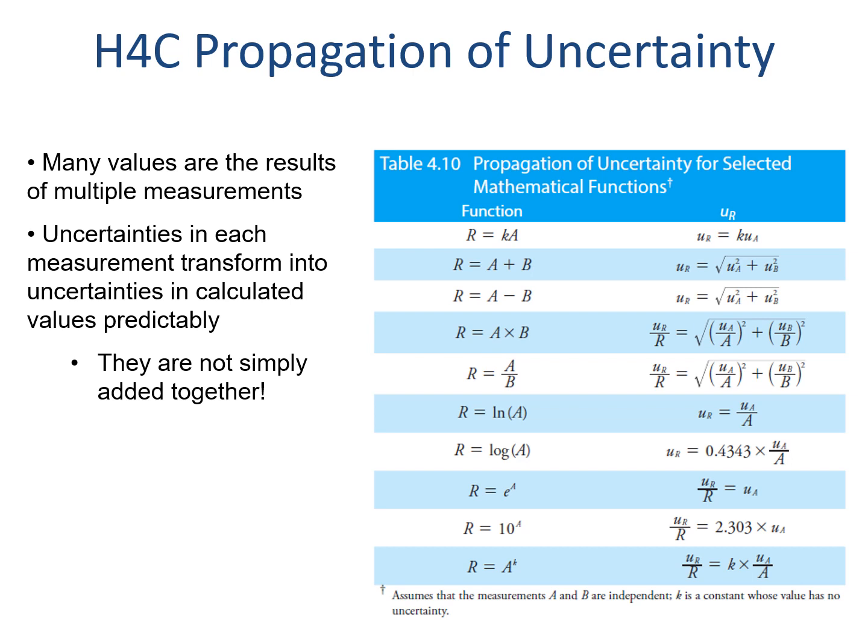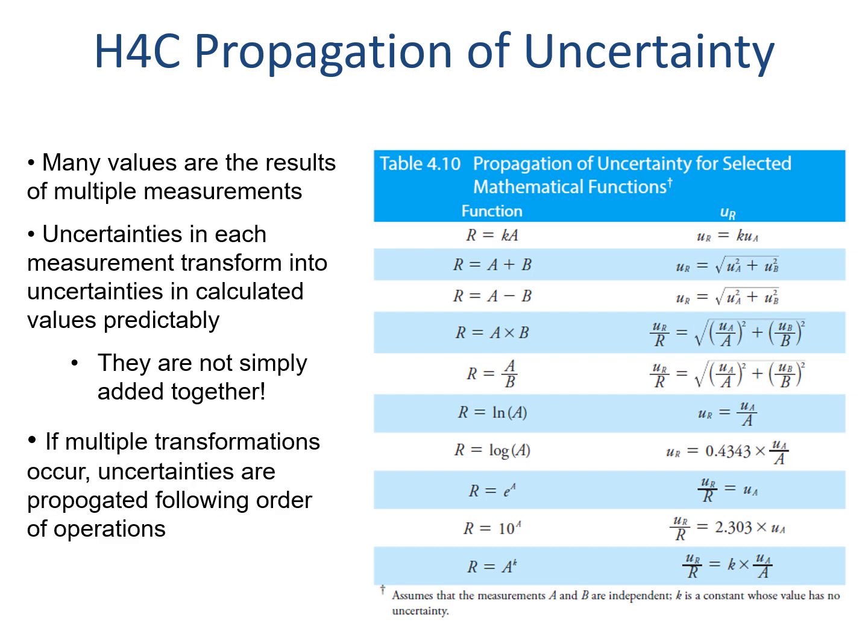If you look at the second and third line, you might notice that for addition and subtraction, the uncertainty is essentially calculated like finding the hypotenuse based on those absolute uncertainties. And for multiplication, it's like finding the hypotenuse, but based on relative uncertainties instead. They're both divided by the actual scale of each value. If we have multiple functions, we'd propagate uncertainty according to the order of operations, which is what we're going to